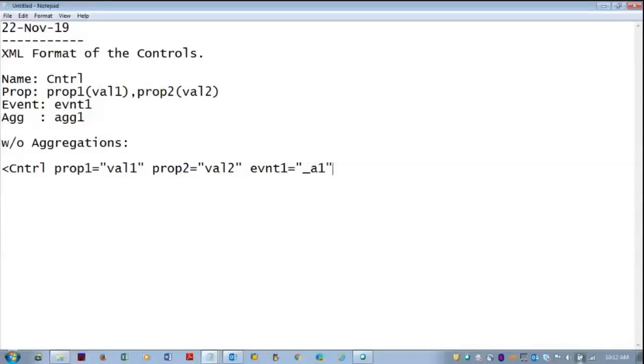We'll discuss that, and you can close the control definition there itself, or you can have a forward slash and greater than symbol.